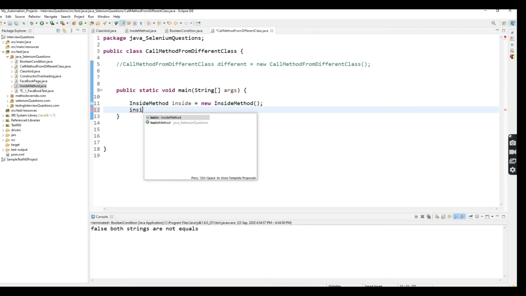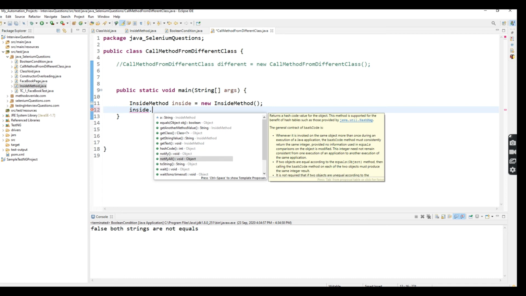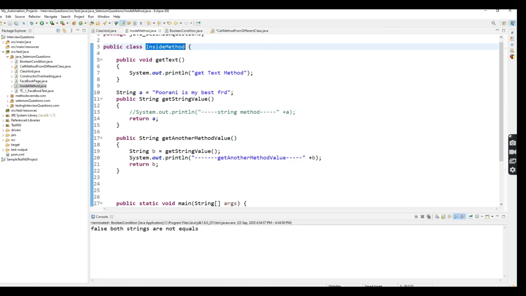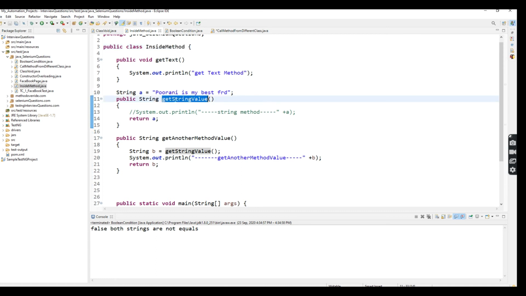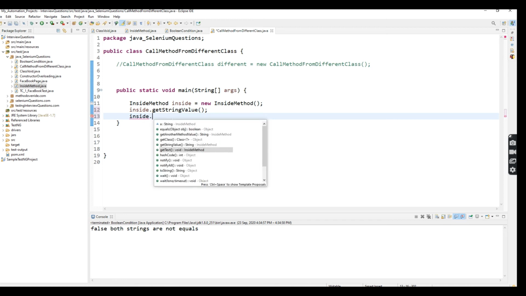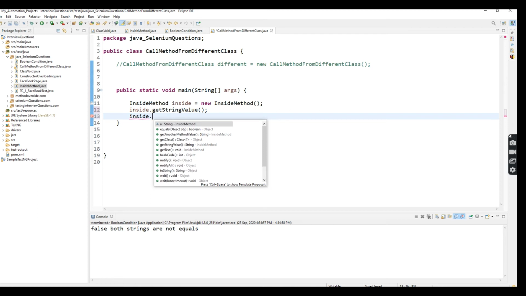So after the dot, there you can see what methods are available inside the method class file. Which method are you going to access? Go inside the method. I'm going to access this one also, get string value, and another method I'm going to utilize, get another method value and get string value.